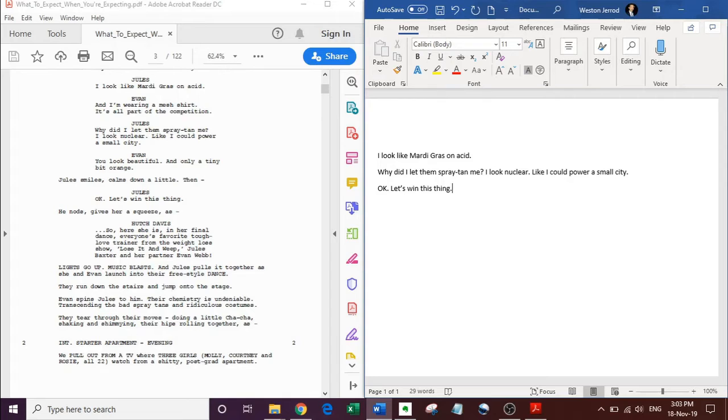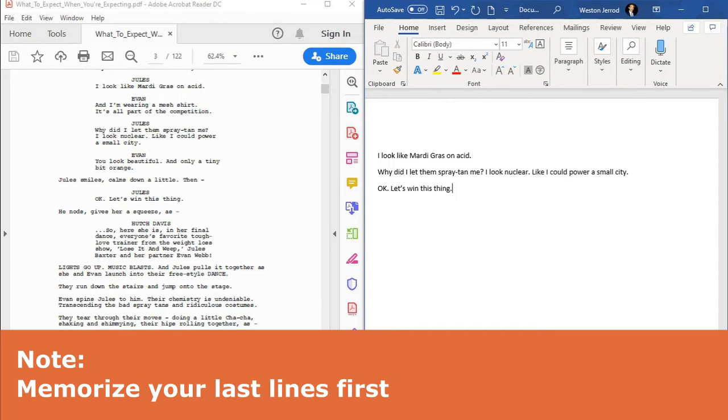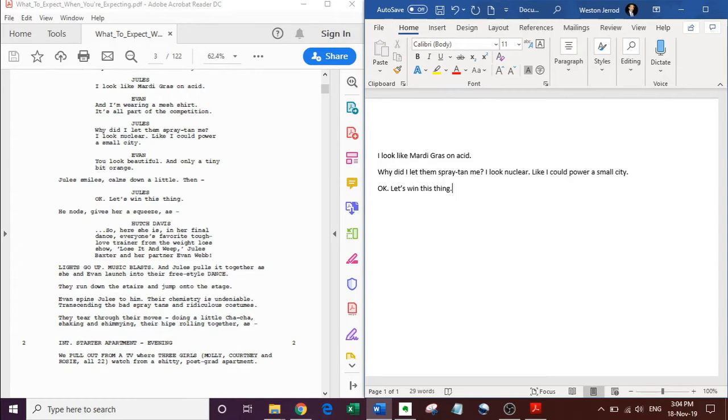Now the other thing, I got a great piece of advice from my wife when I started trying to learn these, because years ago she used to be an actor and she used to have to memorize scripts quite a bit. And she said, start from the last line first and go backwards. And I found that it really does work. It makes your mind work harder to memorize the lines, and so in the long run, it actually makes it easier to memorize the scene, okay? So we're going to start with this, okay, let's win this thing.